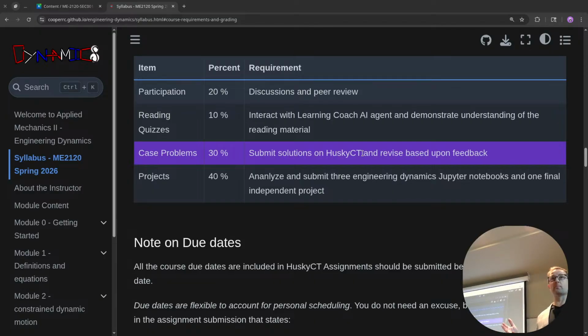So if your group gets an 80, then you can resubmit the work and get the points back based on feedback. So nothing in this course is set in stone. If you turn it in, you get a C, that's not with you forever. You can look at the feedback, figure out how to improve it, and that's the main thing that I'm looking for, at least in the resubmission, not so much fighting with the logistics, like, well, you said to calculate X and I calculated a different X from another problem, so I should get the points back. It's like, well, yeah, there's miscommunication all the time, but you have an engineering problem,